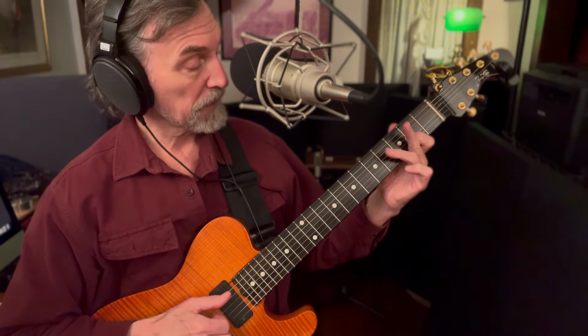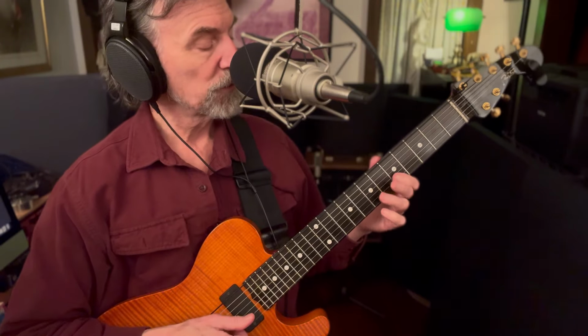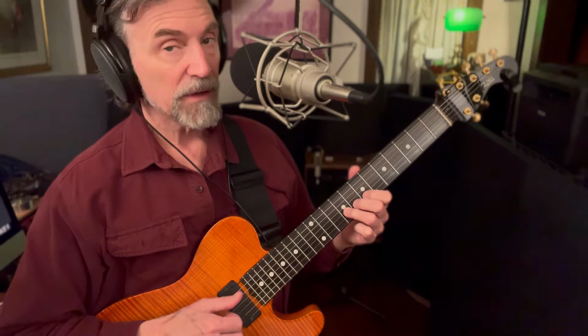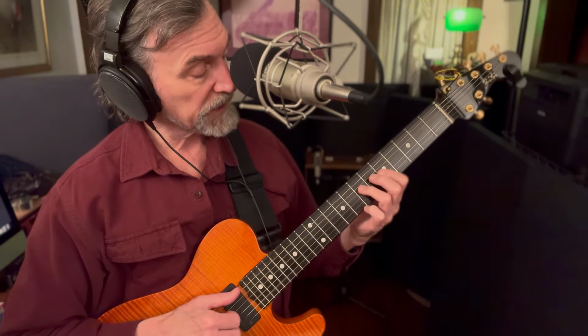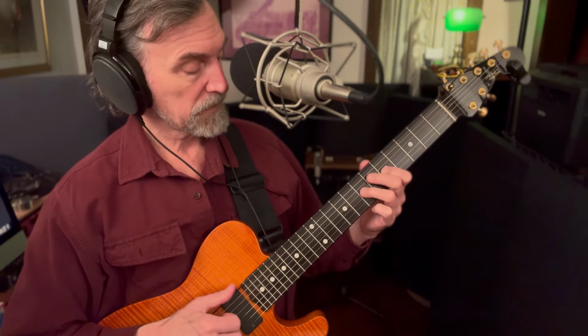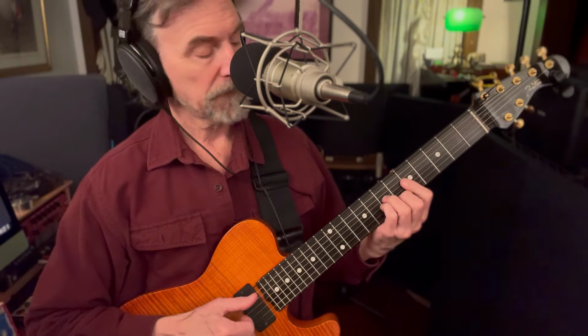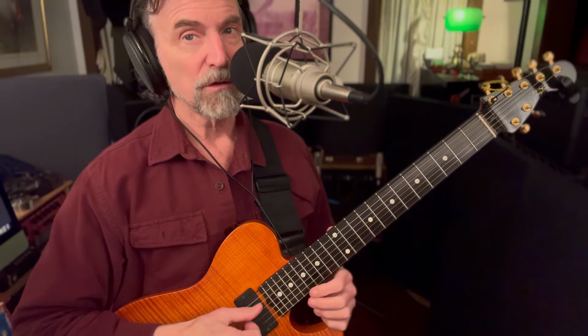Right, and that takes you into that blues box moved across. Then from here you have the F here, and then from the other side. Okay, so then the beauty of this system, I've talked about this a lot,